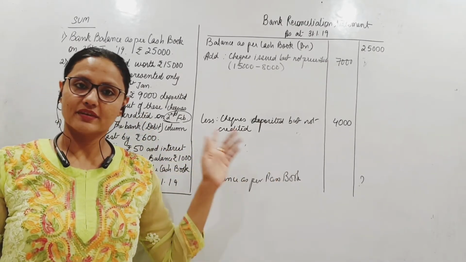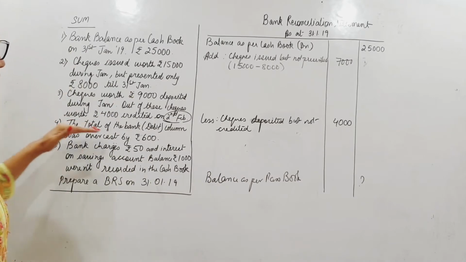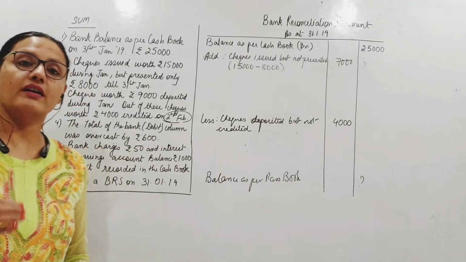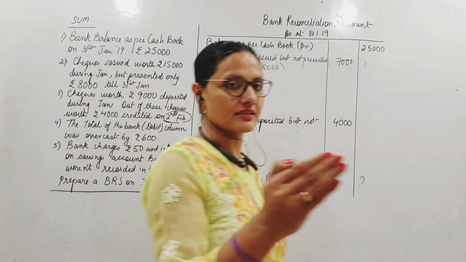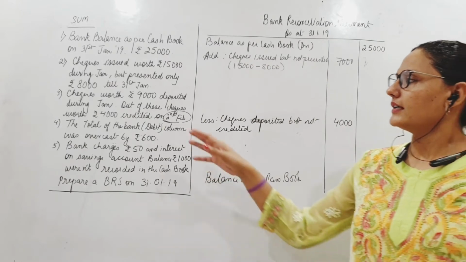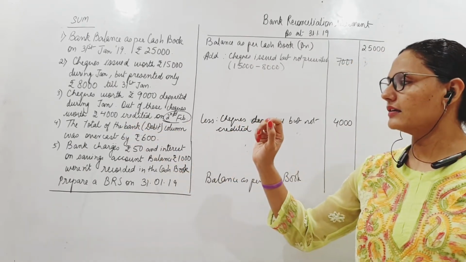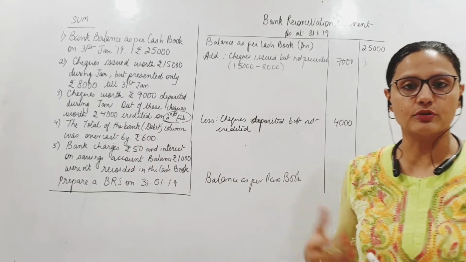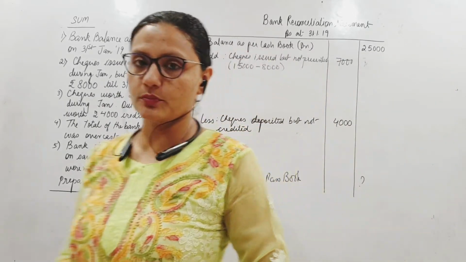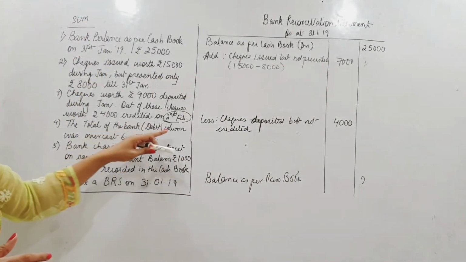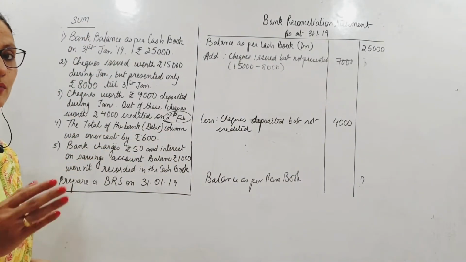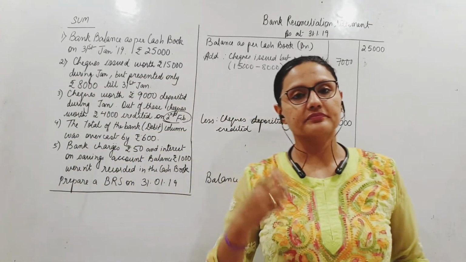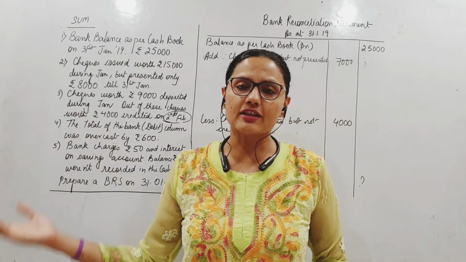No. What the difference? The total of the bank debit column was overcast by 600. Overcast meaning added more. Overcasting. Casting meaning the totaling. किसका ज़्यादा हो गया? Bank debit column. Okay, the total of the bank debit column. Obviously of the cash book we are talking about. Okay, in the cash book, the bank column on the debit side was overcast. Debit side means receipt side, isn't it? You've done cash book. Debit side of the cash book meaning the receipt side.